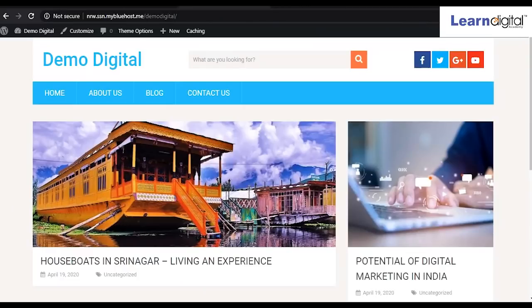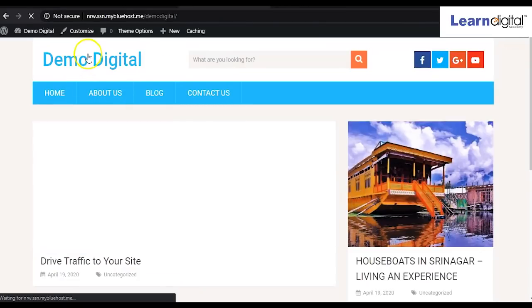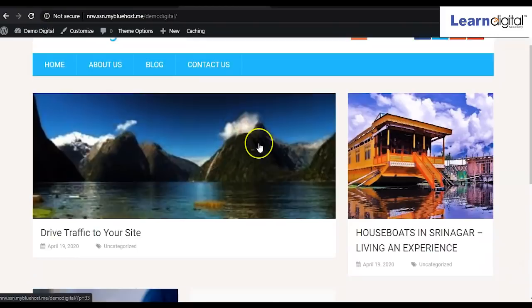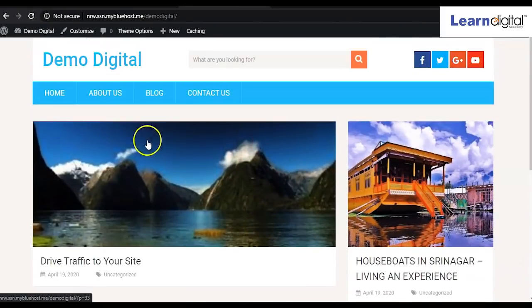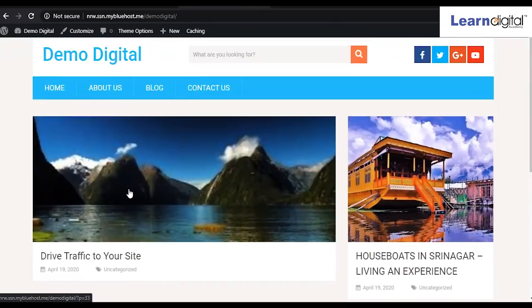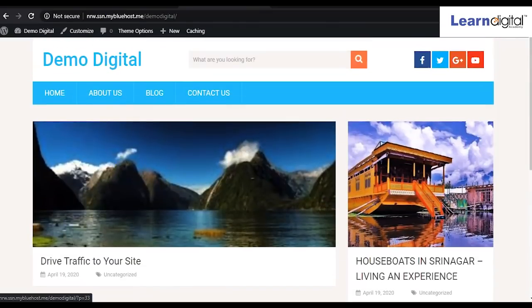Now again come to your front side and simply you can refresh the page. Now see, so this way you'll be creating your post, and whatever the latest post you make, the size of that latest post will be coming large, right? So now it is looking a little better. Fine. Now one by one we'll check all the pages.